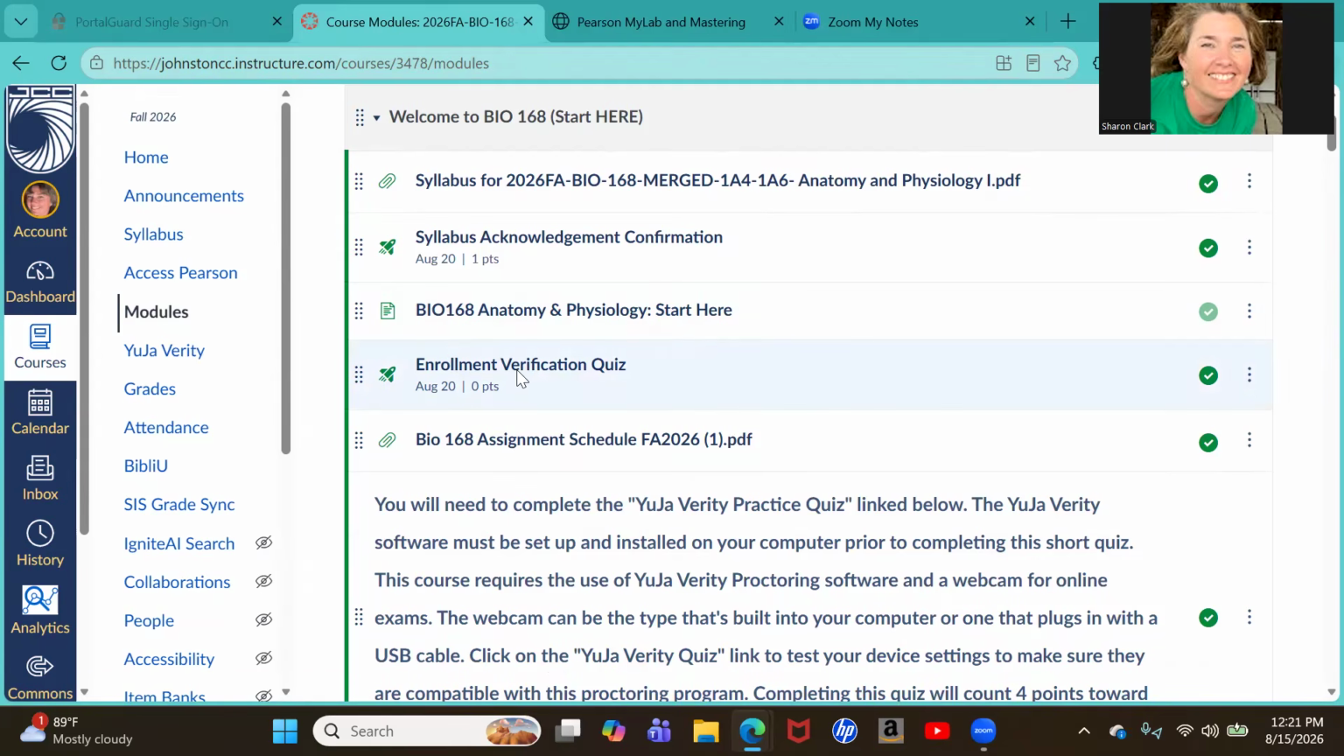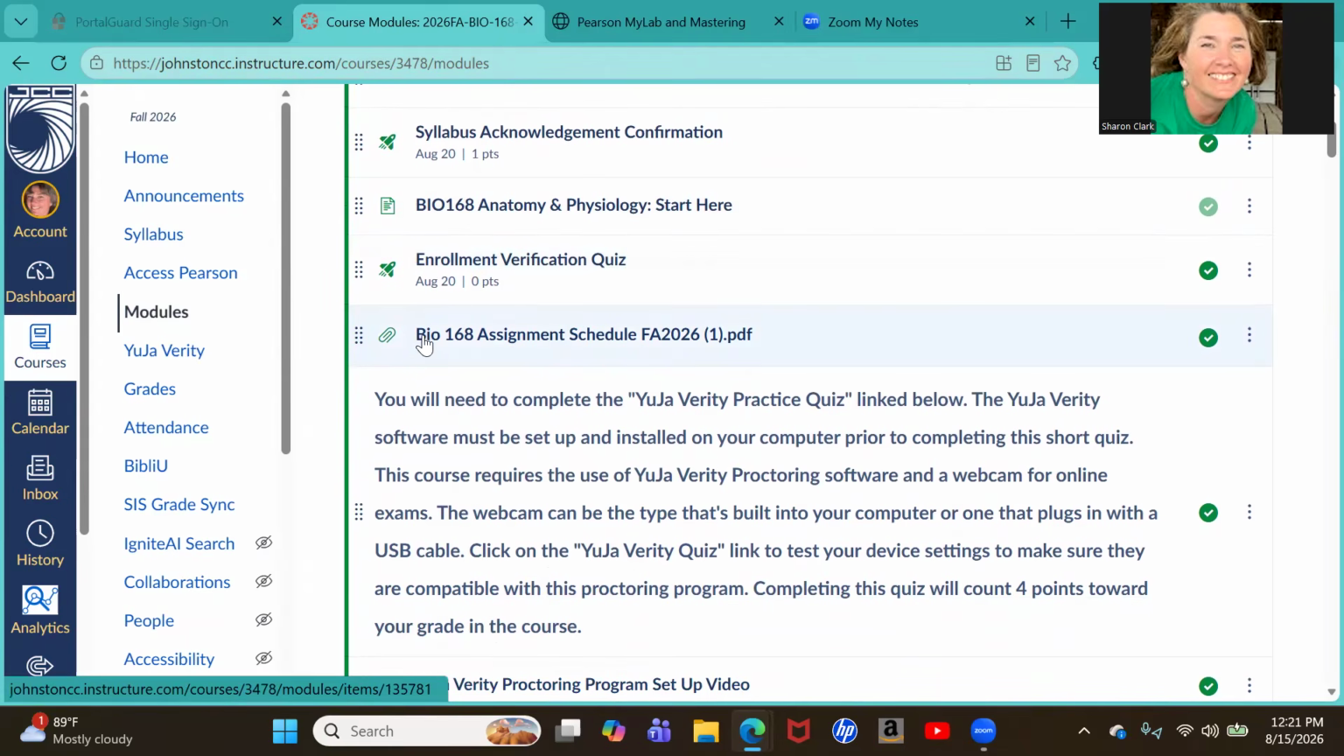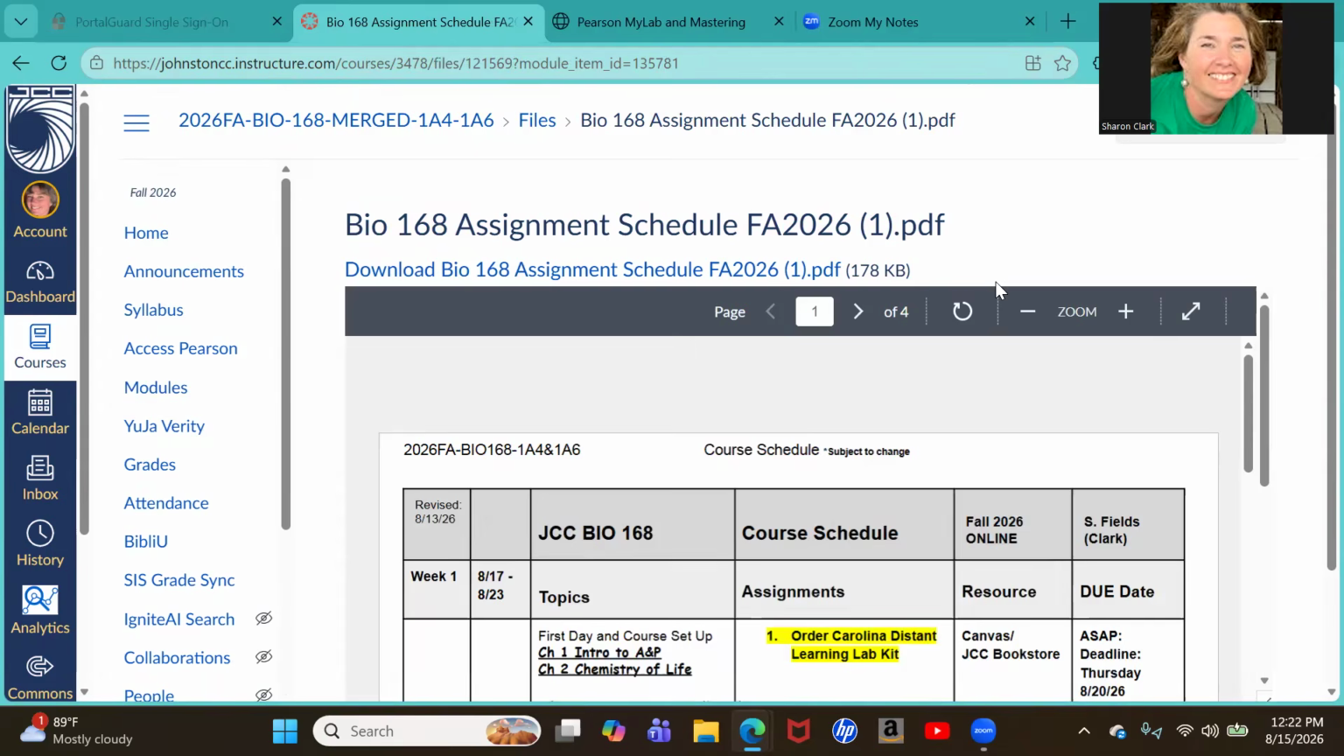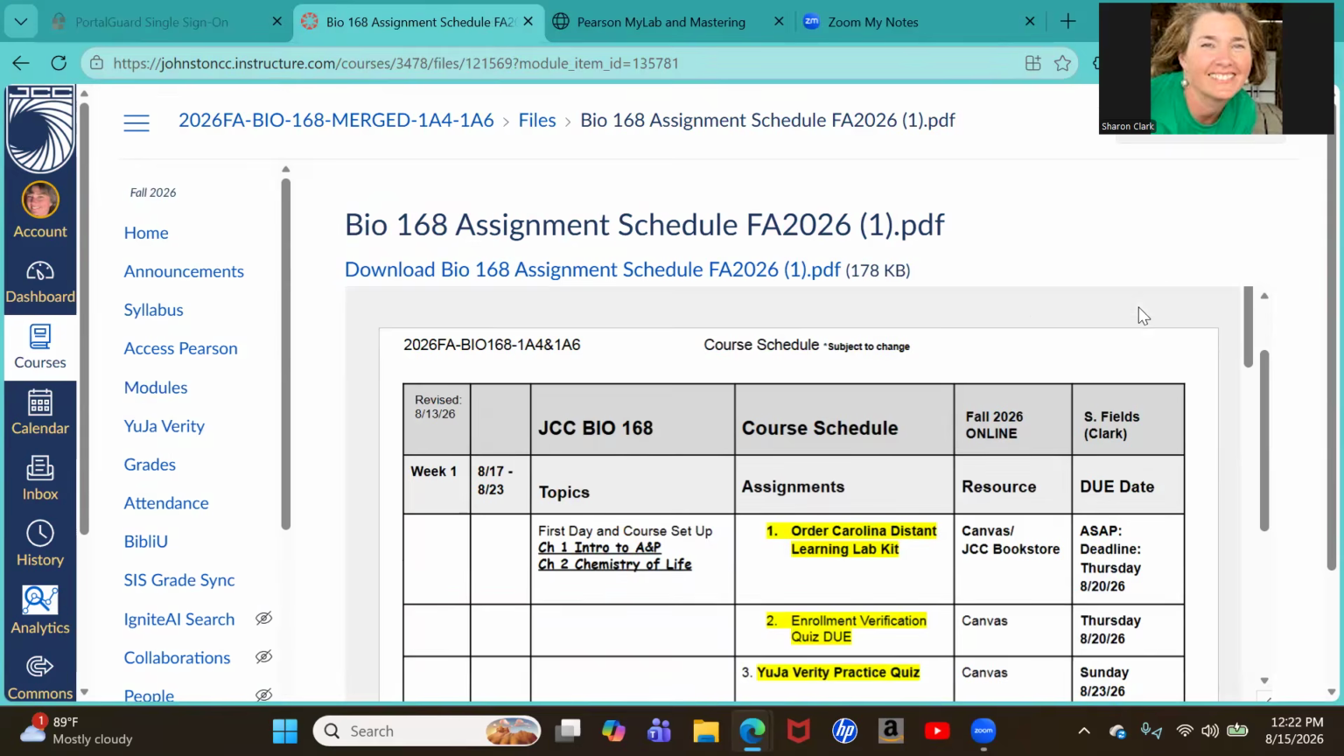This is your enrollment verification quiz that you must complete. You must complete this for every course that you're taking. It verifies your enrollment, so please take that. And here is the schedule. So let's click on this as well. I highly recommend that you print this out